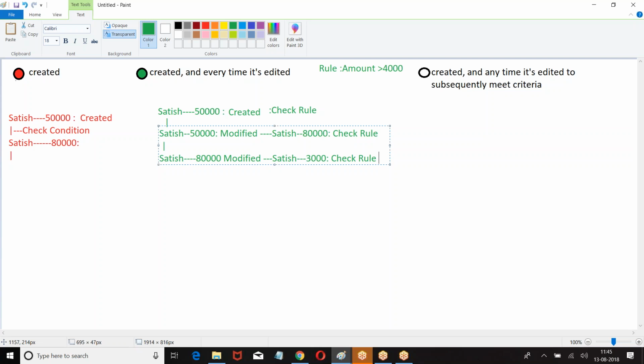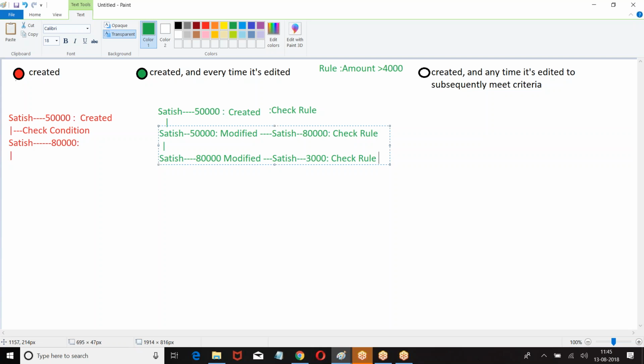If I choose the second option, whenever a new record is created or every time the existing record is modified, I will check the rule. So I am least bothered whether the rule is true or false. What I am saying is whether I can check the rule or not. When I check, the rule may be true, may be false. We are least bothered about that. What we are worried about is whether the rule is verified or not. Are you getting my point?